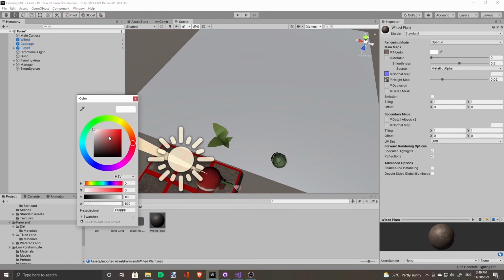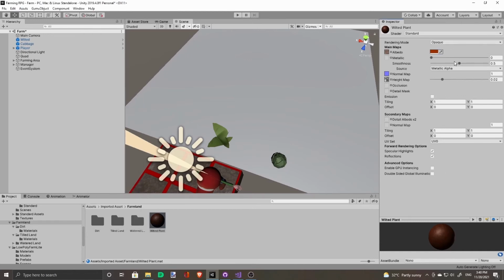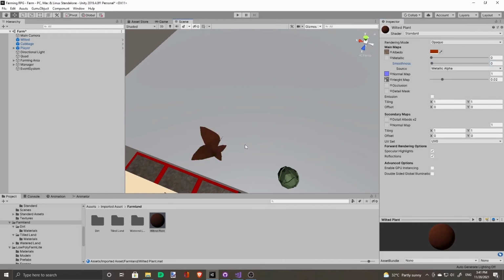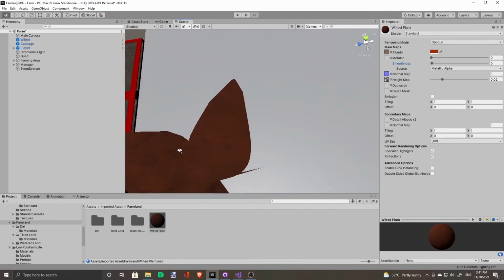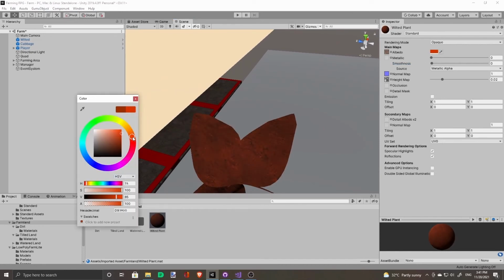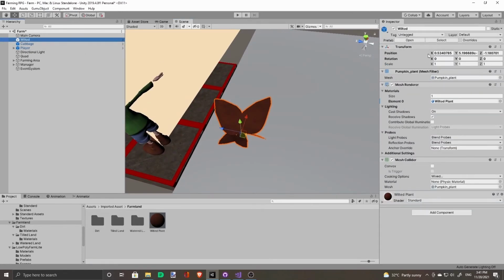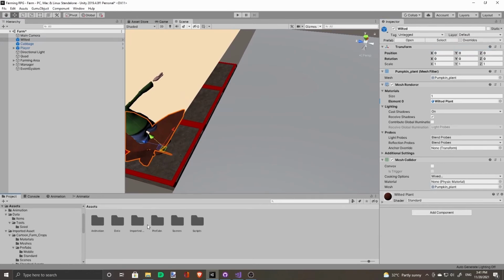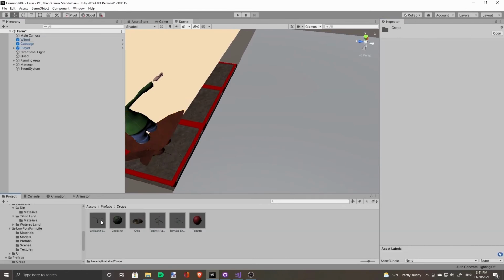Change the albedo to reddish brown color. Remove the smoothness. It looks just like a plant that has wilted. Make this into a prefab.